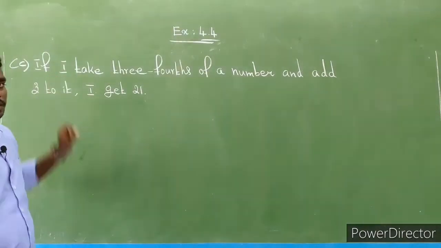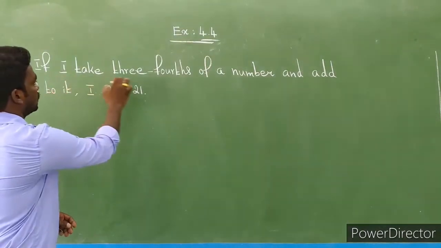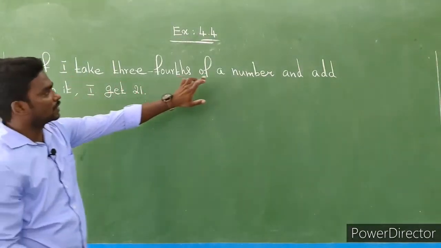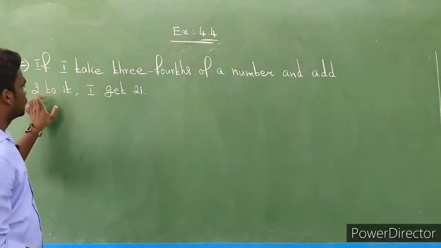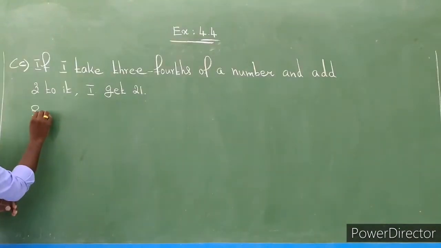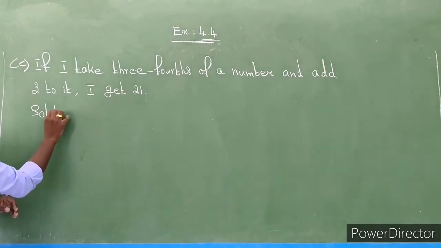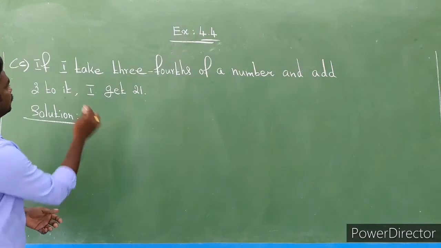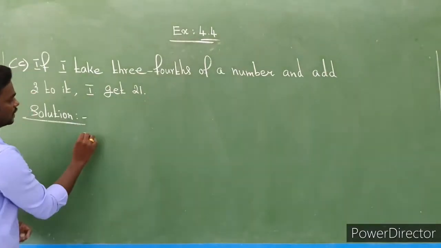Next, our C question. What is our C question? If I take 3/4 of a number and add 3 to it, I get 21. So how to form an equation? If I take 3/4 of a number, first